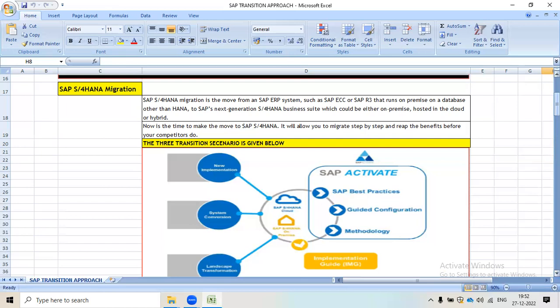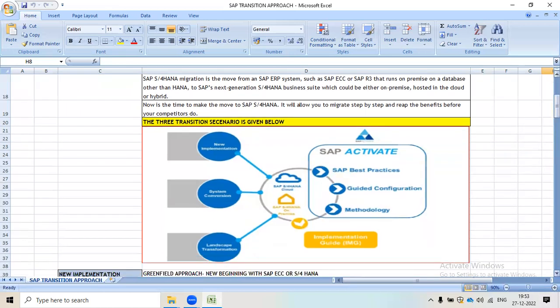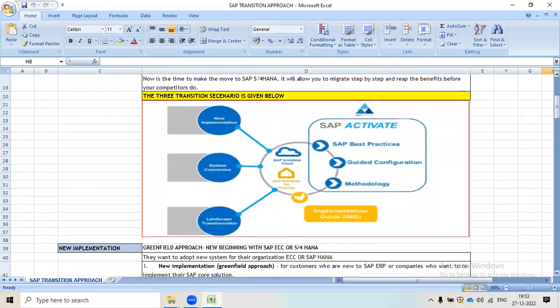Okay, so the three transition scenarios are given below. We can use SAP Activate. We will discuss what SAP Activate is in the next session. Here we can just understand from this picture that SAP Activate provides SAP best practices, guided configuration and methodology to migrate from one server to another.